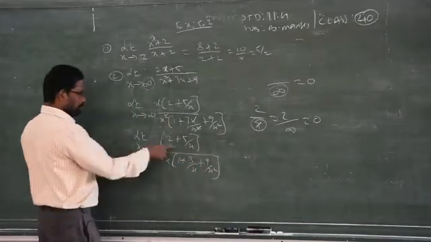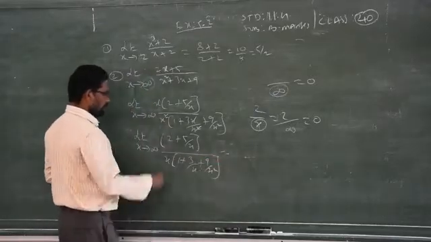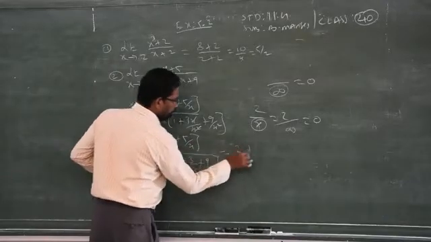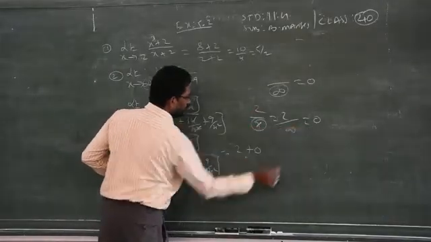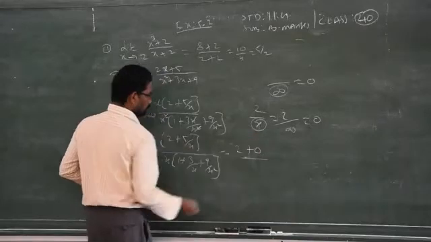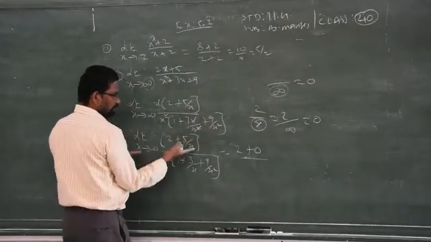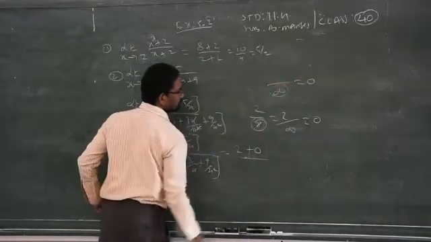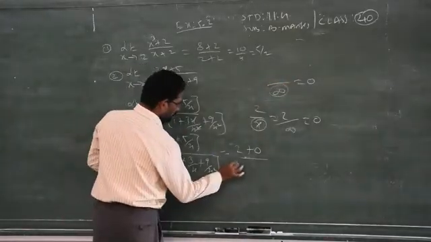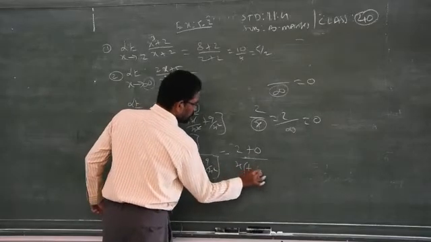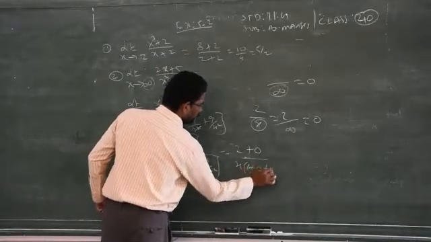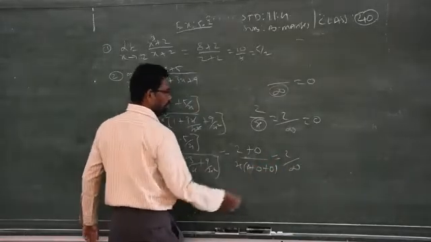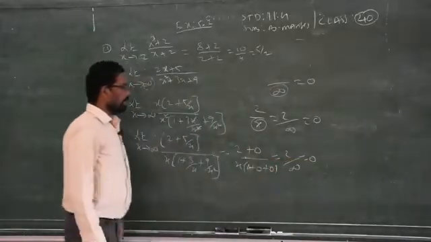So when you replace x by infinity, what will be the answer? 2 by 2 plus 0, because anything by infinity is always 0. So refer to this one. Instead of 2, it is given 5, that's all. If you replace x by infinity, anything by infinity is always 0. By x, 1 plus 0 plus 0. So we will get 2 by, again I am replacing x by infinity. Anything by infinity is what? 0. So my answer is 0.